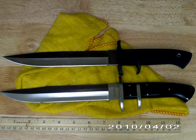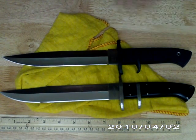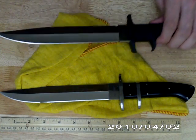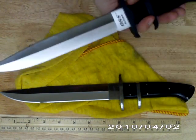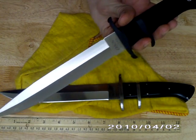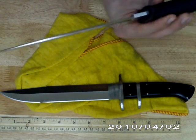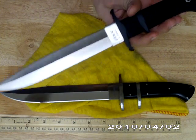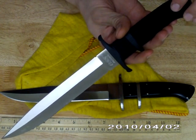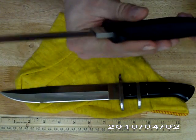That's why I'd like to get to this one here, the OSS by Cold Steel. And this is probably my favorite knife of all the three, although it's not as visually impressive. It is made out of the same steel as this knife, AUS8. This knife only costs $50 to $60, very similar to the Black Bear Classic, at 1/3 of the price, almost 1/5 the price of the new model they got going, the Sanmai 3 Black Bear Classic, and that's because it